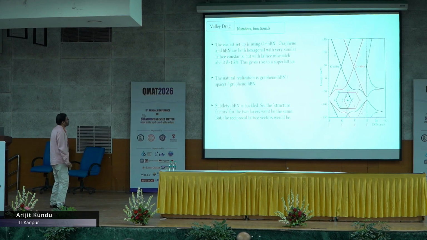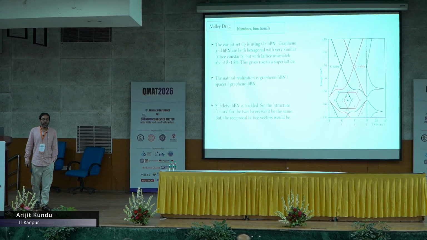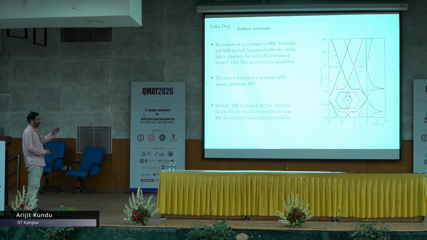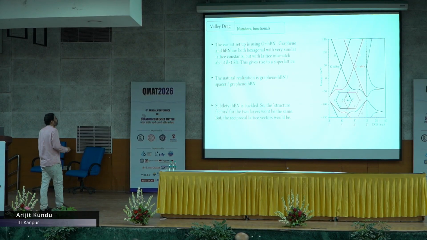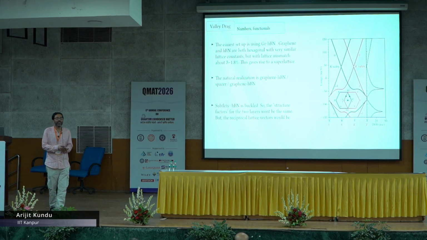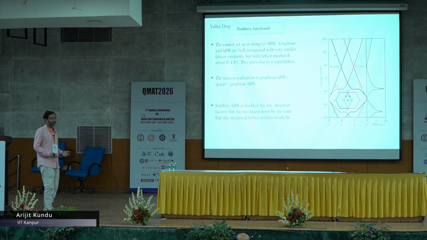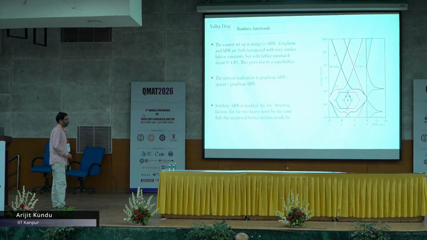Now, let us look at how this comes out for a given system. So we did some numerics with a graphene HBN setup, where I have a graphene, an HBN and a graphene, and the two graphenes are perfectly aligned. It is called double aligned structure. As many of you have heard, because of the HBN and the lattice on top, they have small lattice mismatch, and this can give rise to interesting Moire like structure. For example, graphene and HBN has 1.8% lattice mismatch, and that gives us a super lattice of Moire with a